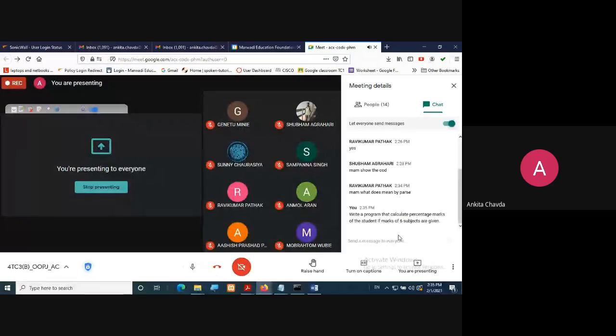So 6 lines you have to write: Integer.parseInt(args[0]), args[1], args[2], and so on till args[5]. So the 6 different variables would be having the 6 different values, right? You will make the total, you will calculate the percentage. That's it. Right? So for this purpose only, I have explained how you need to take value from the user. I hope there is no doubt and you will be able to perform this program. So please carry on. If any doubt is there, please write it down into the chat. I'll solve it.